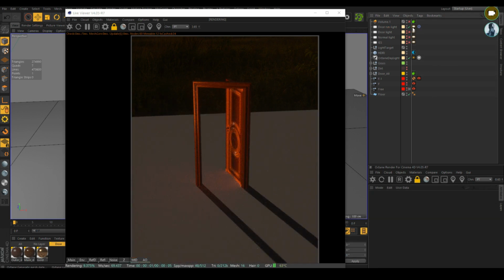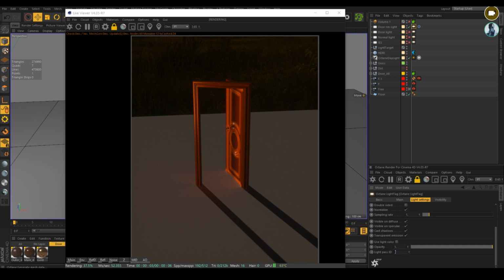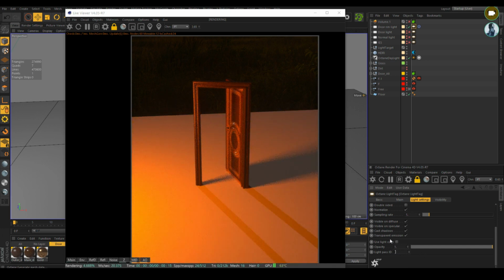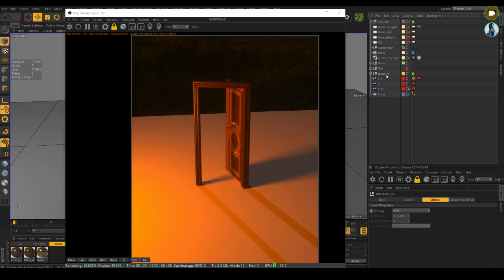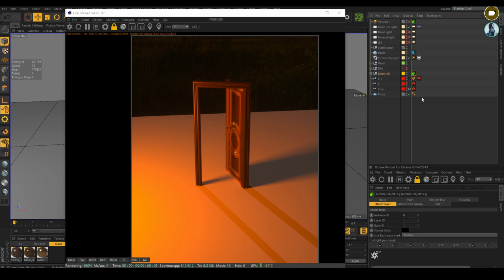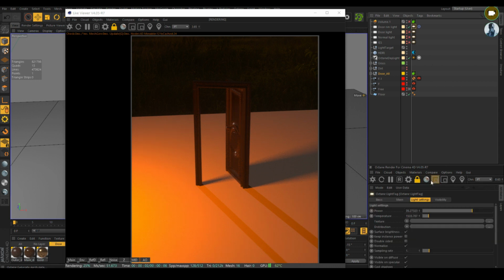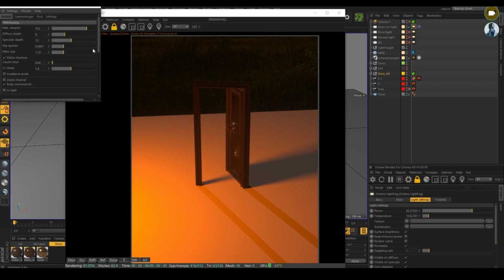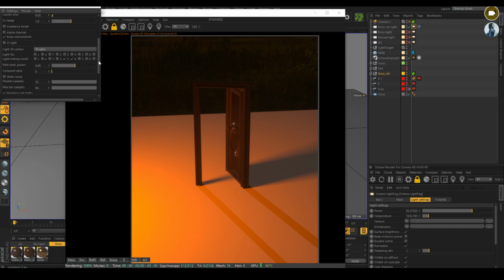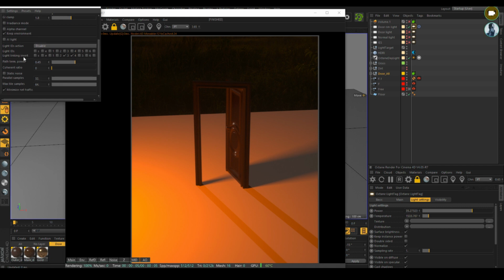So just to set it up, you start off with a normal light. It will normally say light pass ID 1. Let's make it 6, for example. You go to whichever object you want the light to only interact with. You add an Octane object tag, and then you untick the 6 here, which is the light ID that you put here. And then you have to go into the settings, kernels, and then in the light linking invert, you